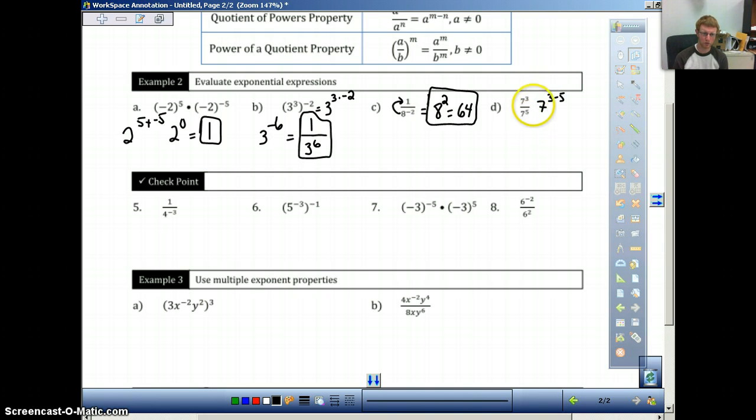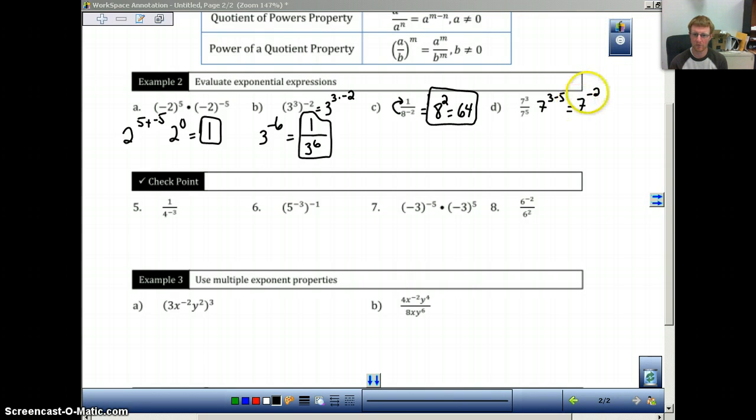So there's actually two ways that you can look at a problem like this. We can either use our property of 3 minus 5 equals 7 to the negative 2. So if you have 7 to the negative 2, then we need to change that to 1 over 7 to the second. That's using the property. The other way you can think about this is if I write out 3 7s on the top and 5 7s